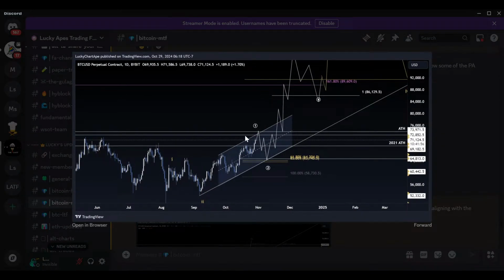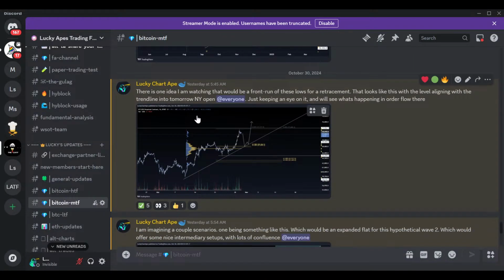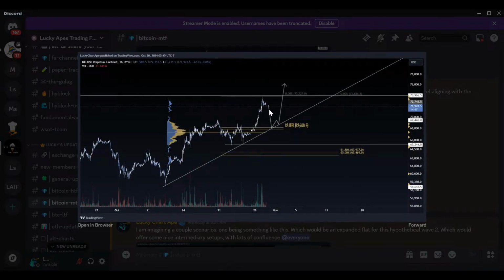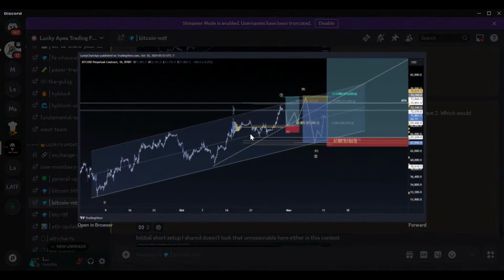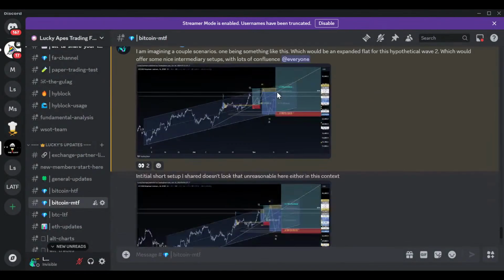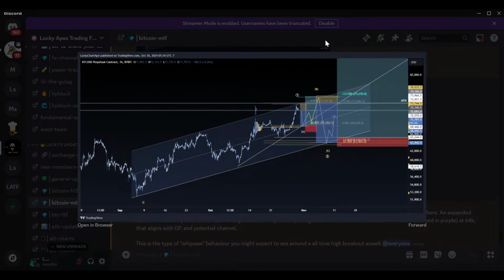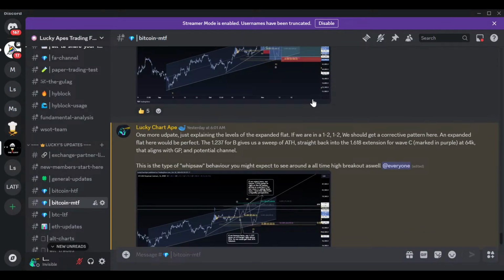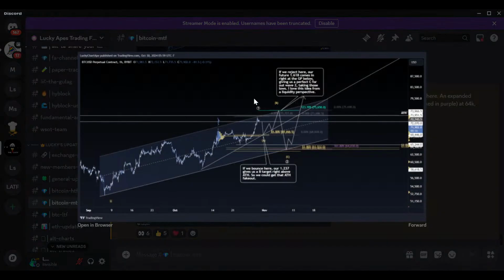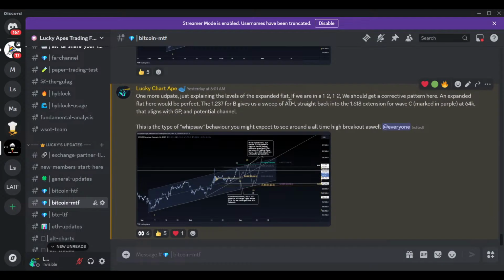And what I pointed out is this becomes a parallel structure now into our trending structure. Nice idea. But I'm also interested in this intermediary long and just explaining this concept here of long, short, and then swing long off the 64K level, with a little bit of discretion here, depending on what happens on a breakout. But why would I maybe expect to see a run through the all-time high and then a big wick to the downside as a possibility, right? And this is me just explaining what I just explained here in the medium time frames channel.